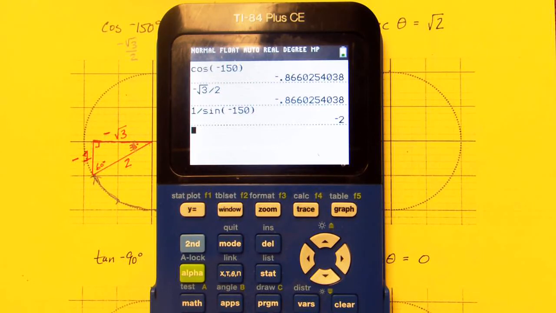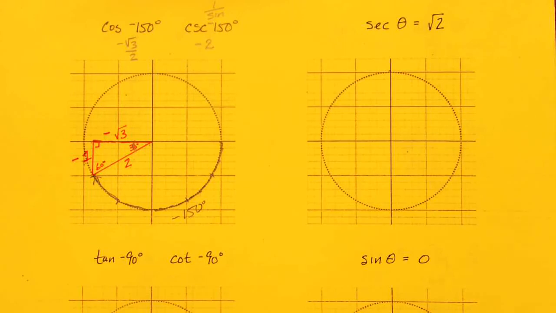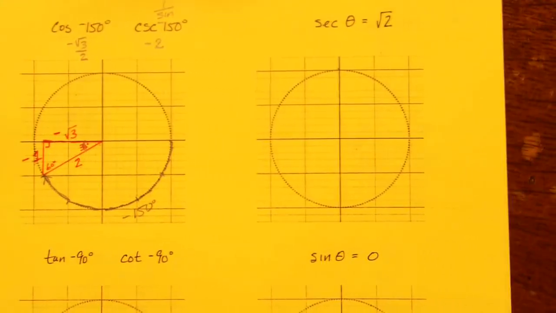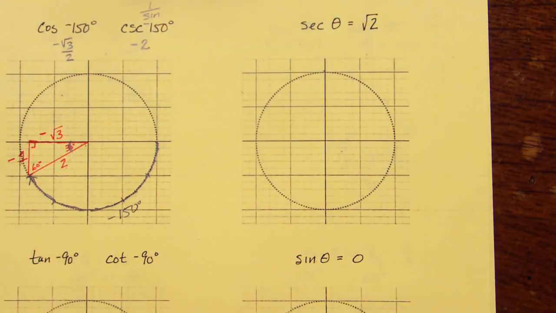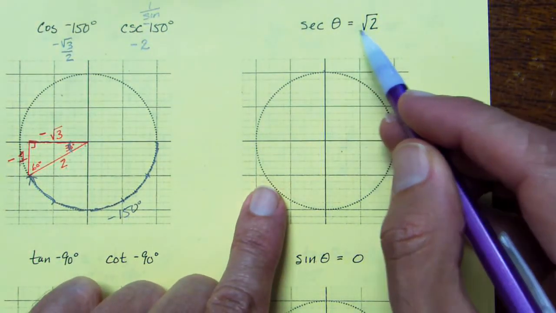And I do get -2, so I'm feeling pretty confident in my work so far. So that's the first one using, in this case, a 30, 60, 90 triangle. Now let's take another problem, a little different. This time we don't know the rotation, but we do know